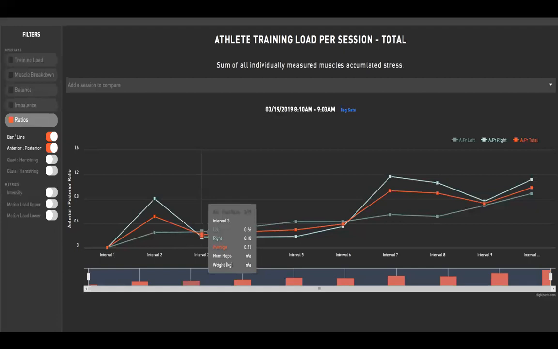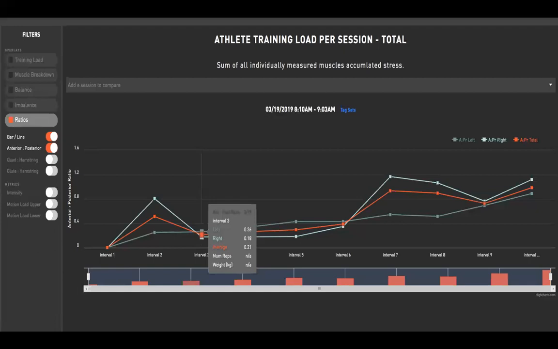So looking here at this graph, though, we can immediately see a direct correlation between movement pattern and where the athlete is relative to the day's session. So in these earlier intervals in the weight room, with the coach, we can see a much lower anterior-posterior ratio, which is suggesting that we're getting higher amounts of posterior chain activation through the prescribed movements. As an example, I'm showing this third interval here, and we can see an average of 0.21. So that's suggesting that nearly 5 times the amount of work is coming from the posterior chain as the anterior